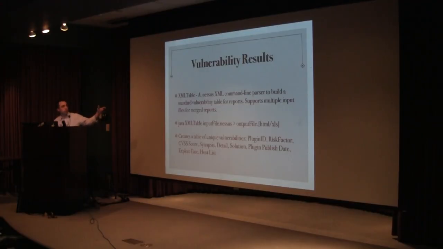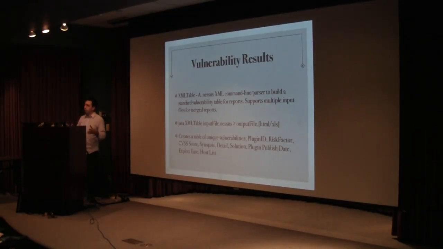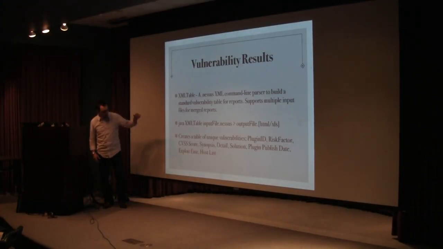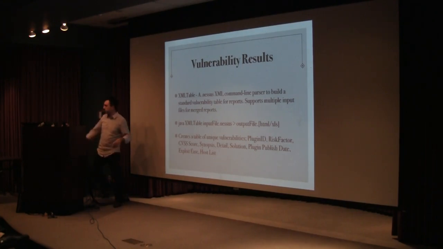So what this first file does, this XML table command that I wrote, and I'll have links for all this source code at the end, but basically what XML table does is give you back what you would really want out of MBE from a .nessus file. You can run this one-line command with the XML table that I've created, and basically it's going to create an Excel-based